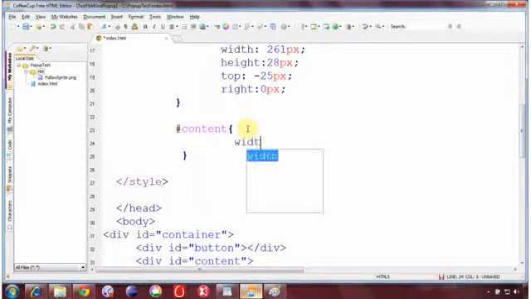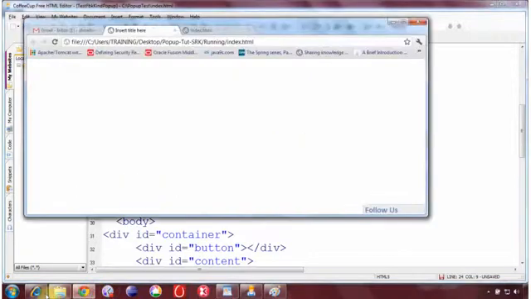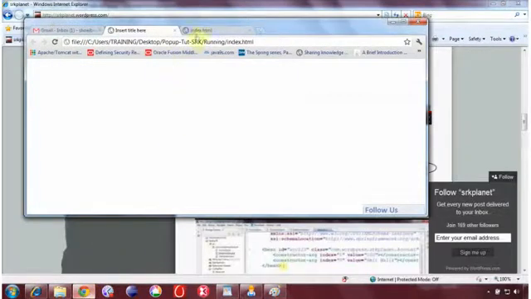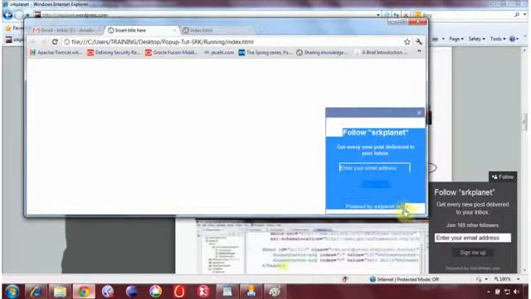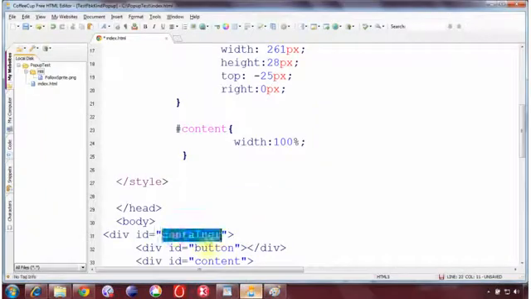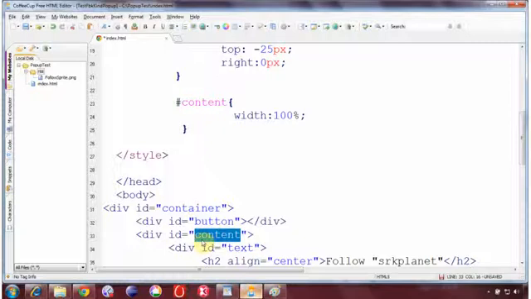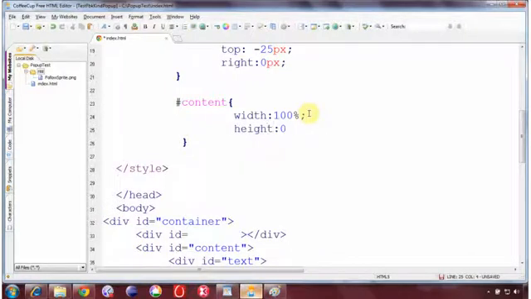I say content's width should be 100%, meaning the content that is going to appear over here, in our case this content completely, from follow to till here.com, all this content should acquire the 100% area inside our main container. Why inside the main container? Because you can see the content div is layered inside this container. Here we have container containing button and content. So I am saying for content, the available area inside the container is the whole area, it should cover 100%. Then I say here height of this should be 0 pixel.